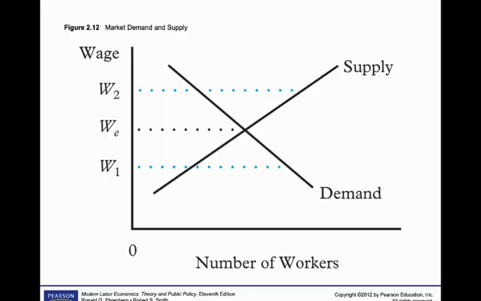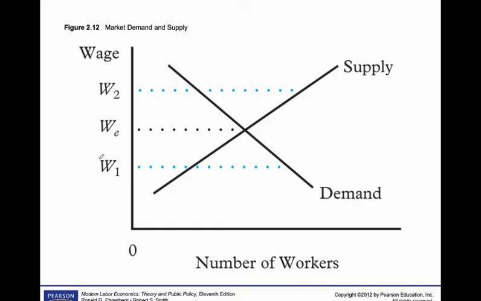Once we understand the concept of labor demand and labor supply, in this diagram we are combining the two curves. So here we have the downward sloping demand curve for labor and the upward sloping supply curve of labor. The intersection between these two curves gives us the equilibrium wage rate and the equilibrium level of employment in the economy. What we can say in this case is that at this equilibrium wage rate, the labor market clears.